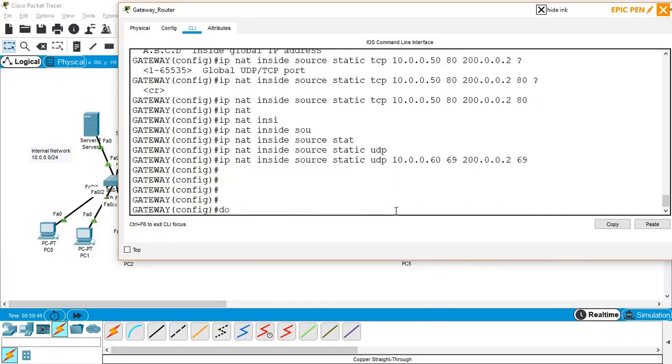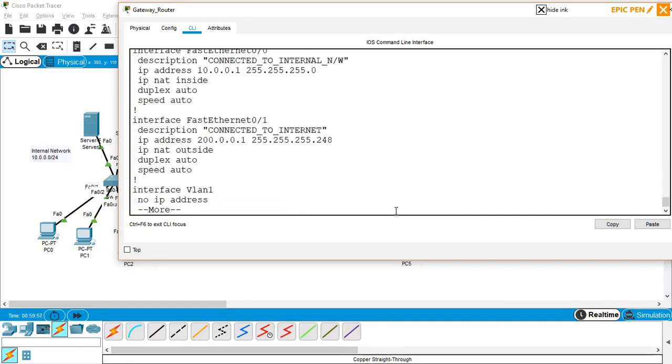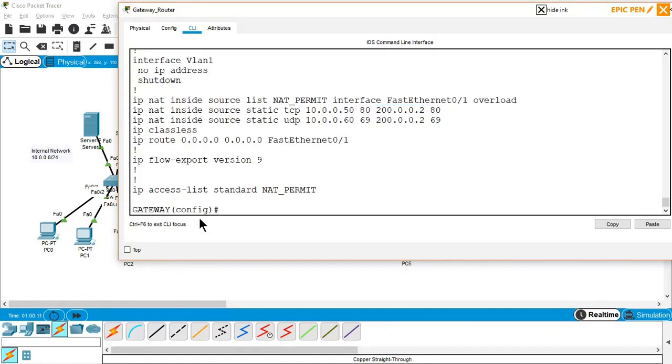Now, if I say do show run, look at the NAT statements. So I have used different port numbers and I'm using the same public address to address two different servers, right? And now if I say do show IP NAT translation,